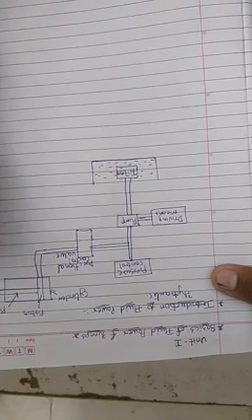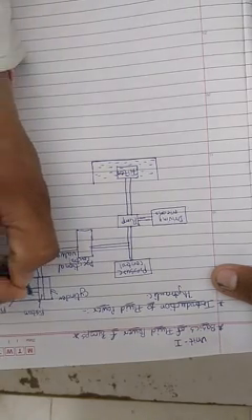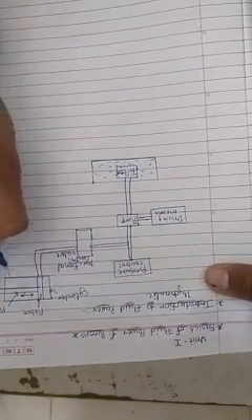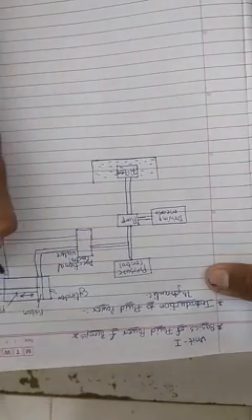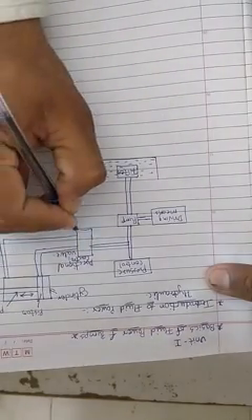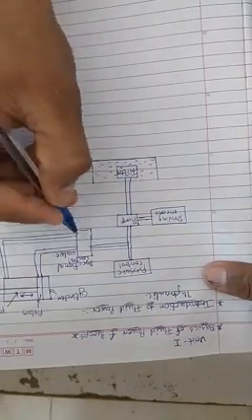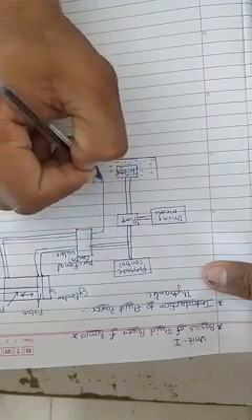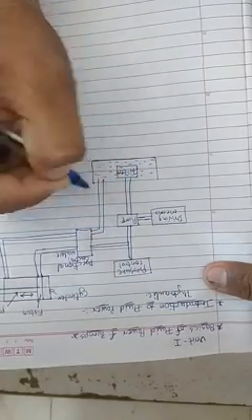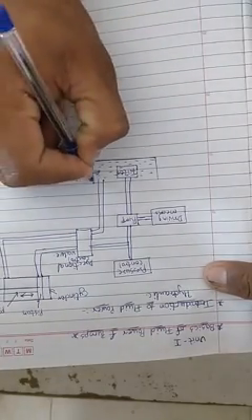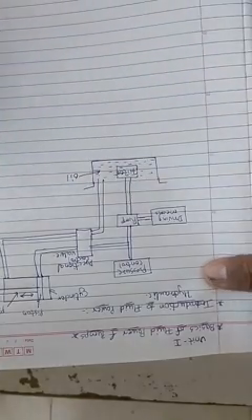Towards the load, it will move from left to right or right to left. After that, this is the connection of a double acting cylinder, that is inlet and outlet. Then the flow will go to the tank. This is oil. Now we see here the working.